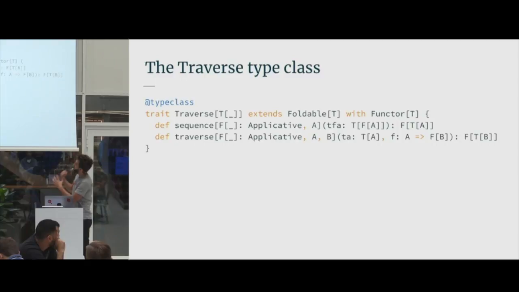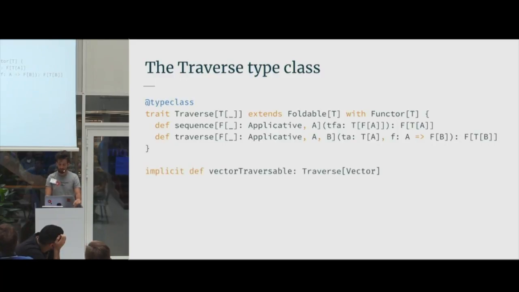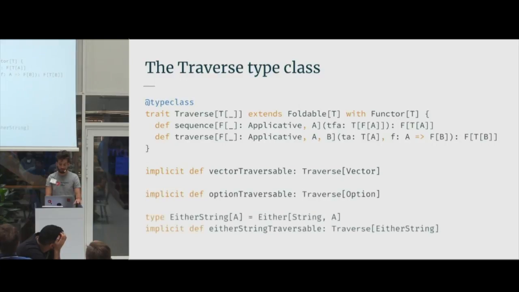And my intuition is that we can turn type constructors inside out, nested type constructors. So we have a t of f of a, and we turn it inside out into an f of t of a. And traverse, again, is just map and then calling sequence, right? So the sequence is actually the key to this type class. So yeah. And again, we can define this for vector, for option, but also for things that have multiple type